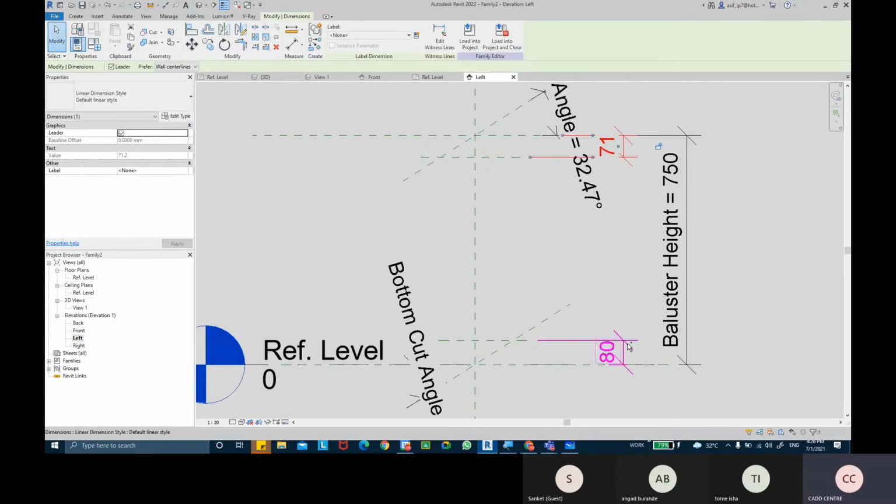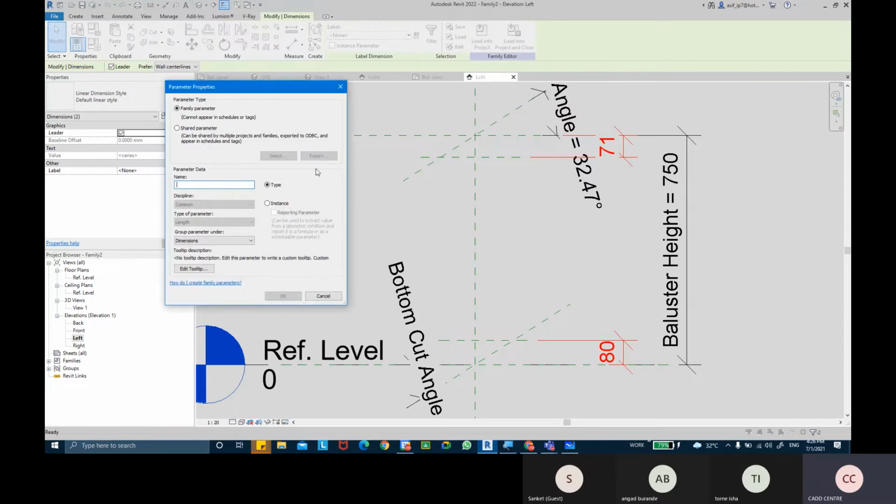I can label these dimensions. Select both the dimensions, and you have this option on the top which says label dimensions, and you can click on create parameter. We can name this parameter square height or whatever you want to name it.